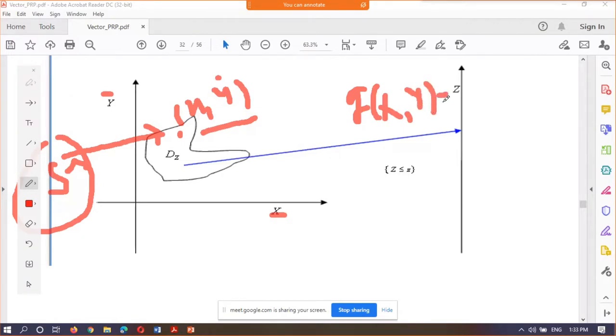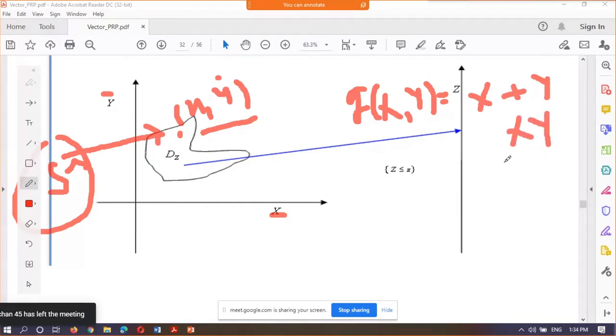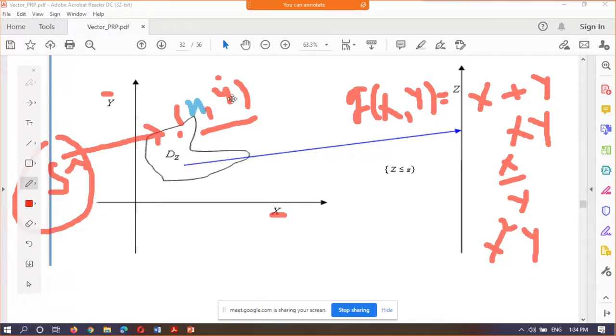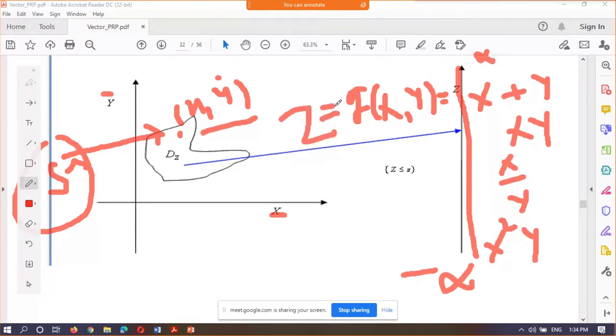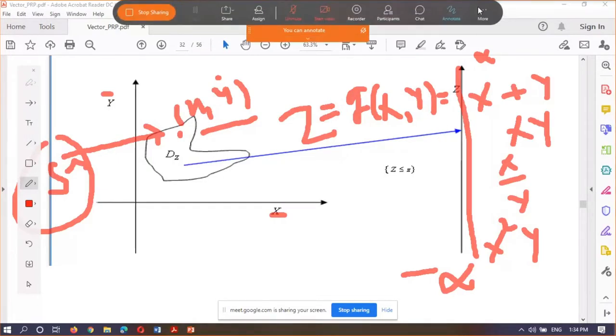It can be anything. It can be x plus y. It can be x into y. If y is taking non-zero values, it can be x upon y also. It can be x square into y. So the definition of g can be anything. But finally, because small x and small y are real numbers, when you substitute these values you will get another real number, on the real line from minus infinity to plus infinity. That becomes the range set of the new random variable Z, which is a function of these two random variables X and Y.